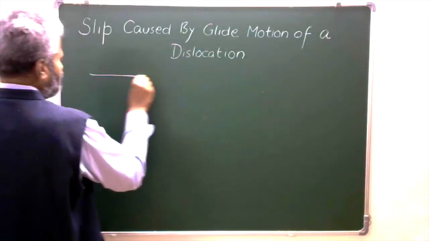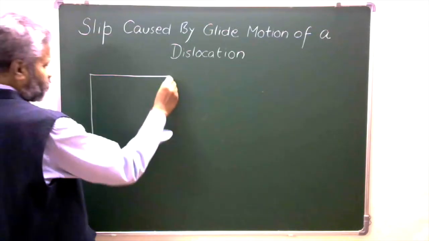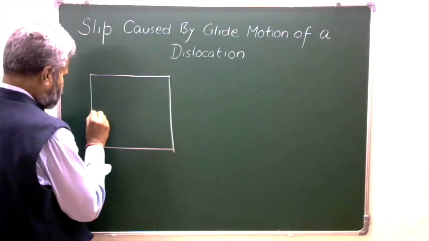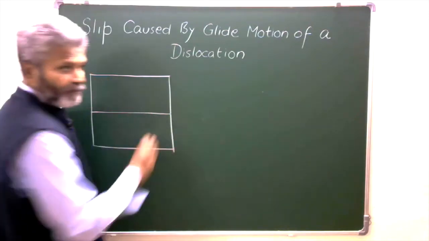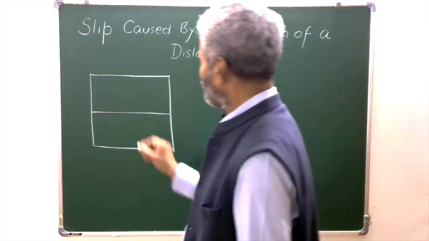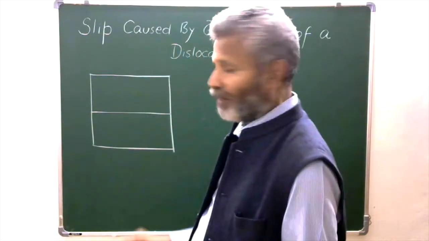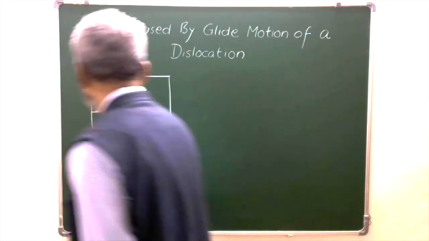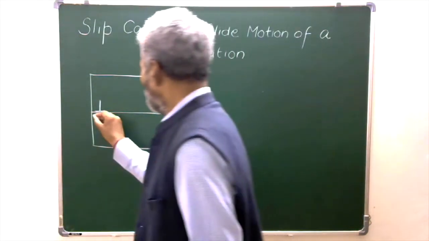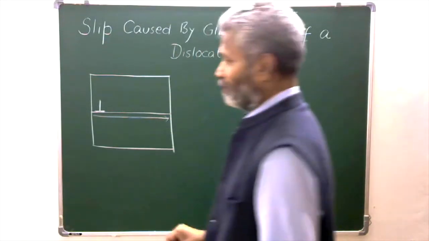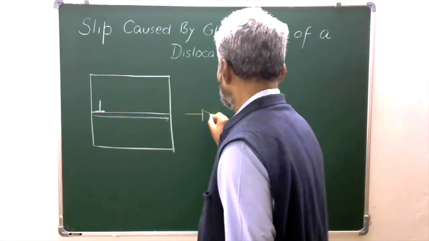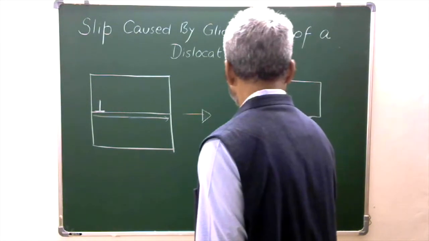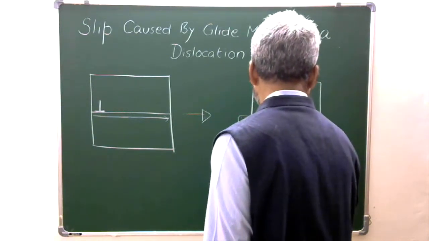Now, the main role of dislocation in plastic deformation is that when a dislocation line moves across a slip plane, let us say that this box is representing a crystal, and here I put a dislocation sign with a positive edge dislocation, and if this positive dislocation crosses this entire slip plane, then the result of this will be that the top half of the crystal translates with respect to the bottom half